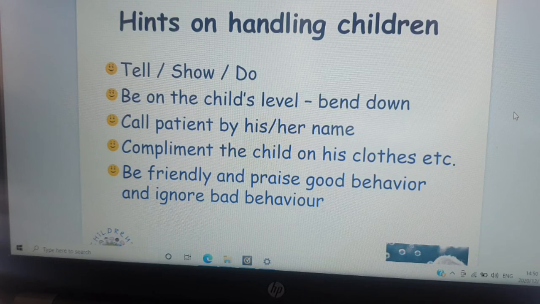Secondly, we need to be on the child's level, so by bending down. So this would then basically be once you actually call the child from the waiting area, our busy, very creative, very bright waiting room, where you actually have to bend down, greet the patient, acknowledge them as our patient for today. Okay, this will also include calling the patient by his or her name, okay, because they have to be made to feel important so that they can actually be more cooperative once they're